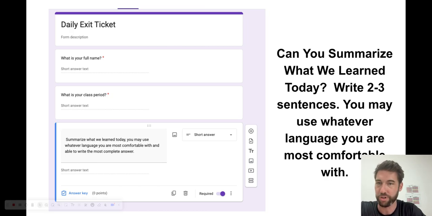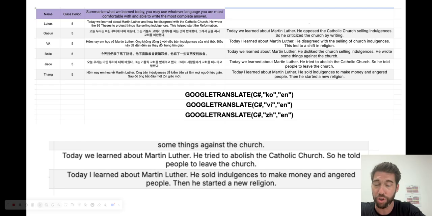Guys, we're living in the future. This is now a completely doable process. And you can encourage your students to write in their home language in this exit ticket. Then you can pull down the report and it might look something like this. You see here, I have students writing in Korean, students writing in Vietnamese, students writing in Chinese for our Taiwanese